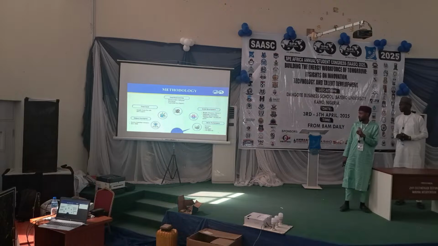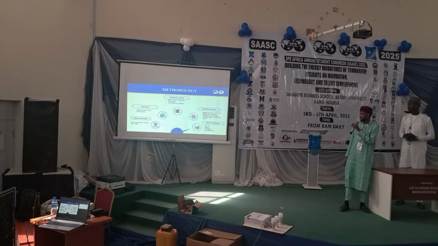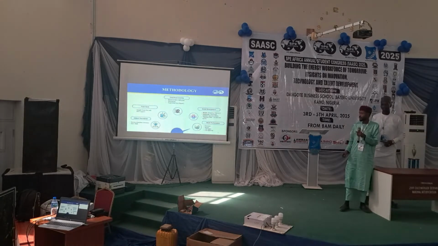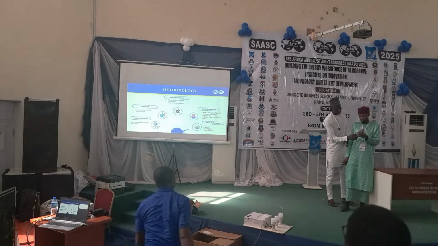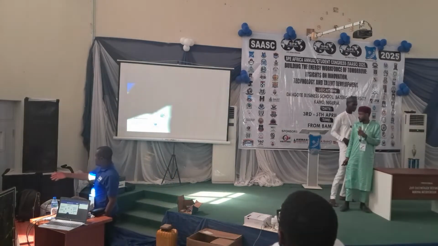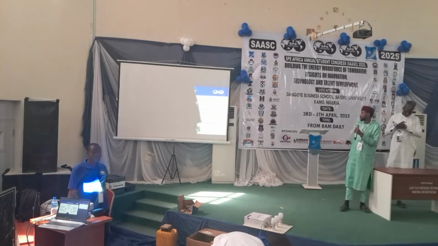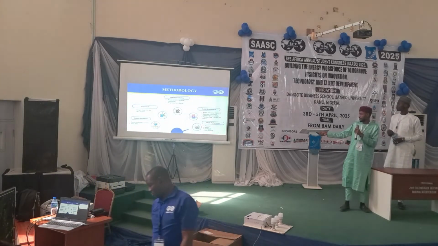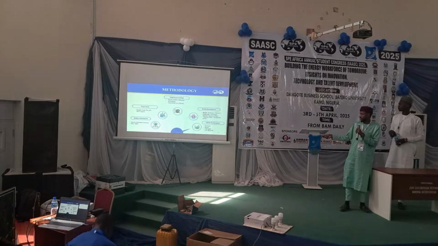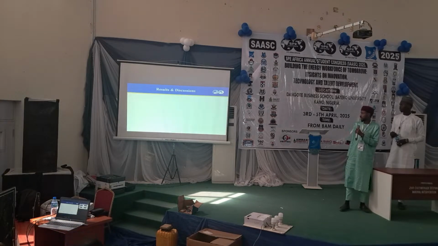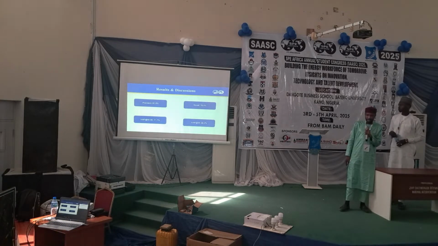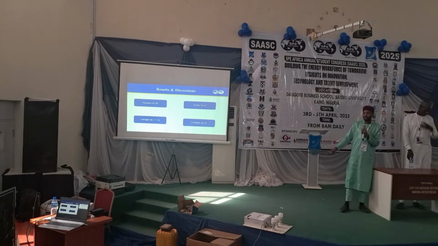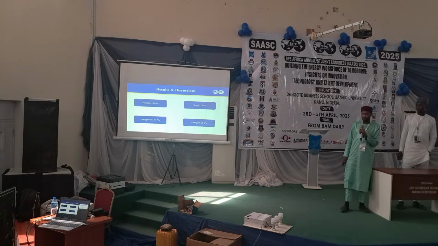So we use precision, recall, mAP at 50 and mAP at 50 to 95. So, the result. When we say precision, we mean the actual predicted value that the model has